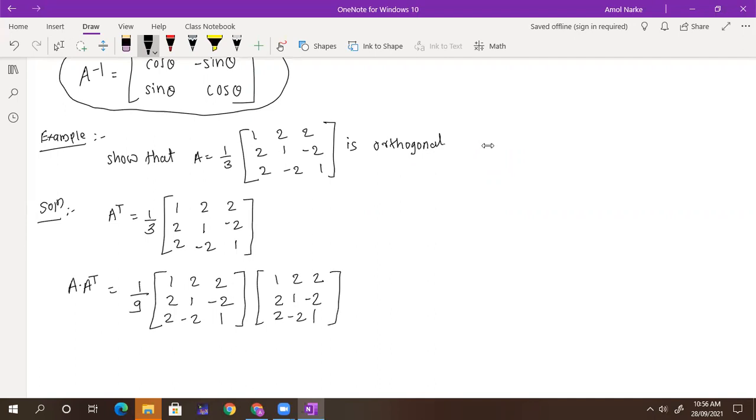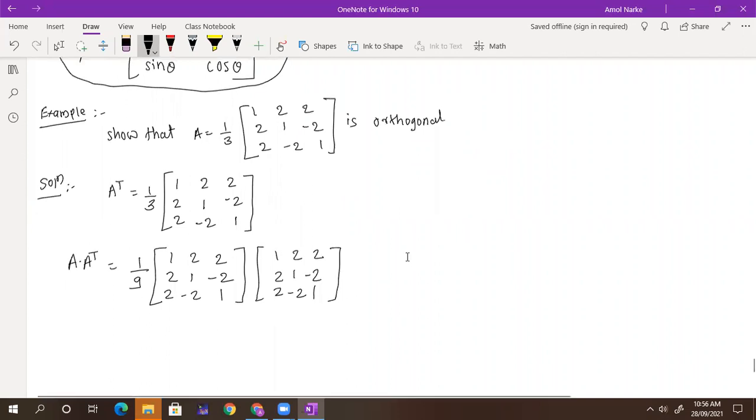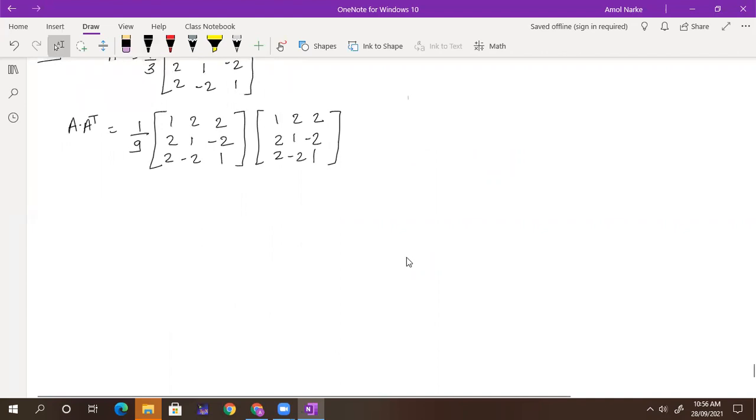Now do the simple product. Okay. So what is the simple product? Tell me what happened. I can write down 1/9 first as it is. Do the product. Tell me, if I multiply first row and first column, what I will get? 1 into 1, 1. 2 into 2, 4. That 2 into 2, 4. 4 plus 4 plus 1. So I will get here 9. Yes or no? Can someone tell me what is the second element?